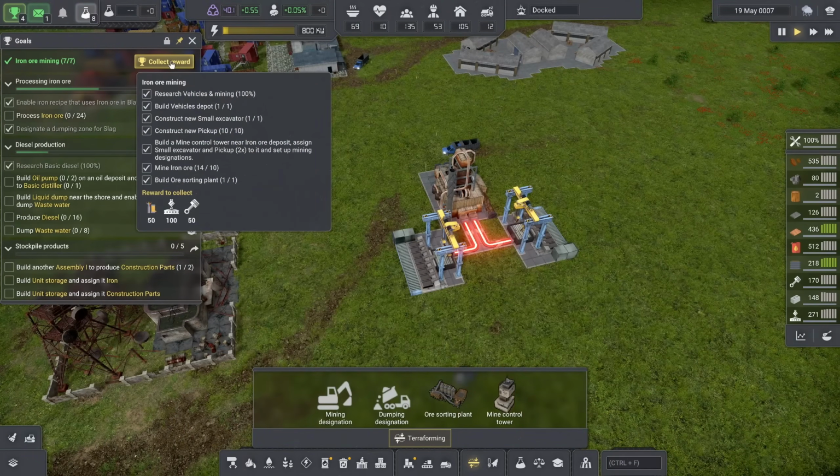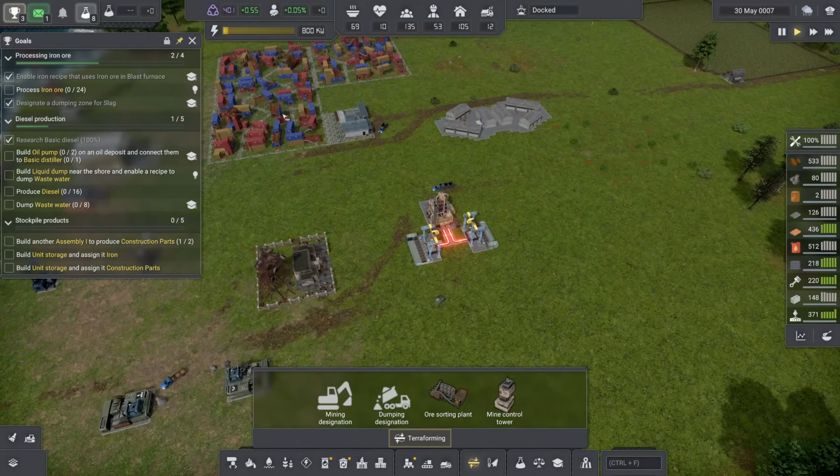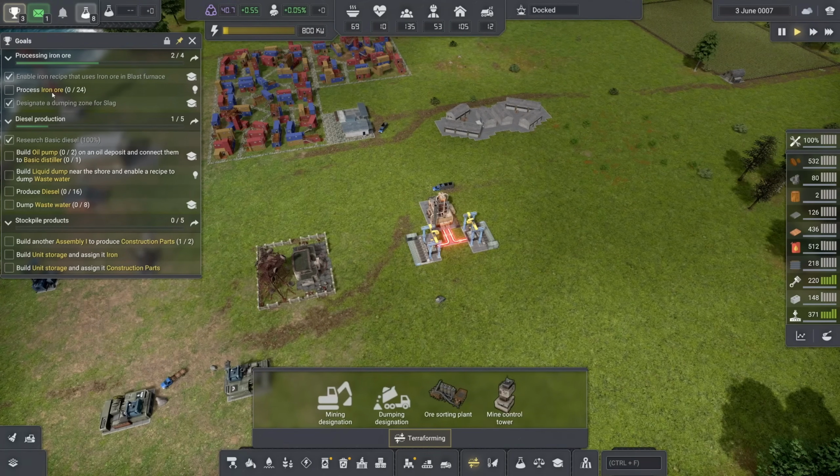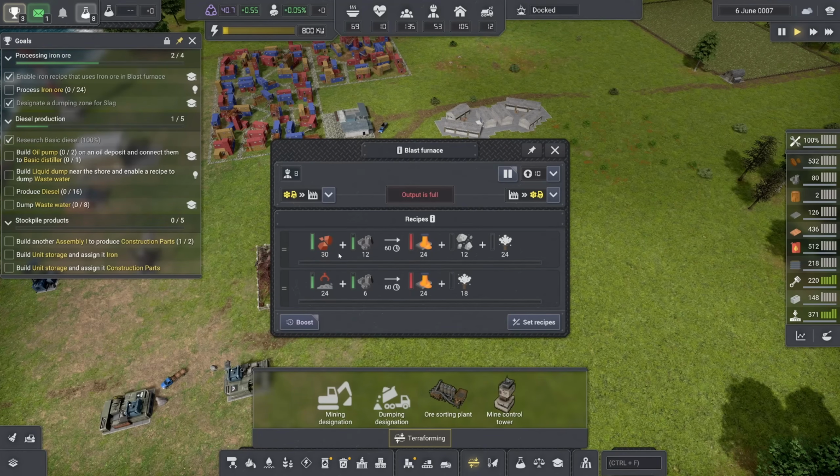We're going to collect our reward: 50 electronics, 100 construction parts, and 50 vehicle parts. And while, yeah, the tutorial seems like it's pretty long, that's why I said it's a soft tutorial, because eventually they will stop giving you goals and you just have to figure it out yourself. I haven't hit that part yet, but on we go. Next up is actually processing that iron ore. We have that ready to do. In fact, I will switch these around so the iron ore one is done first,